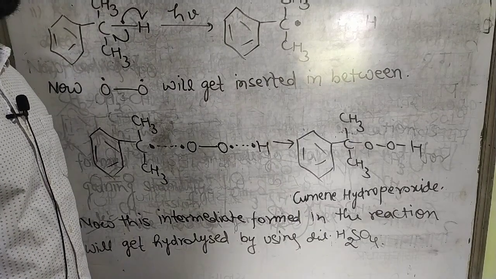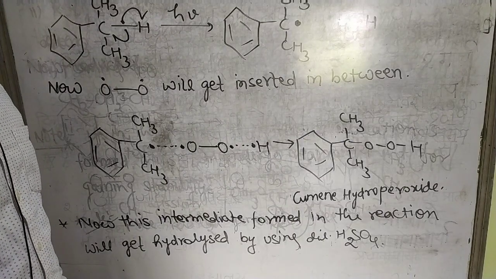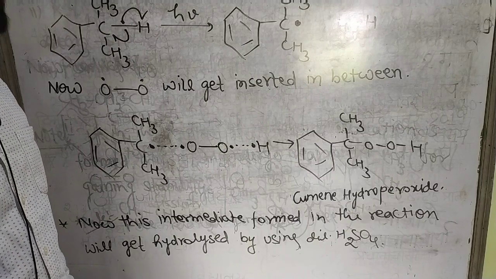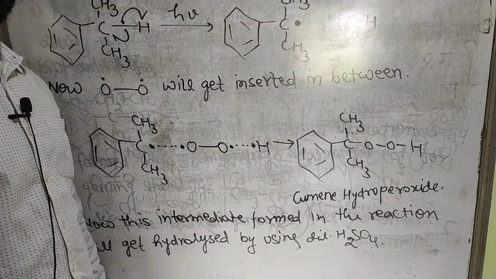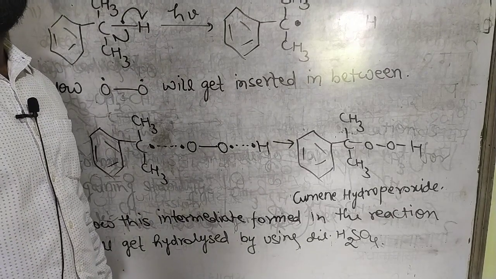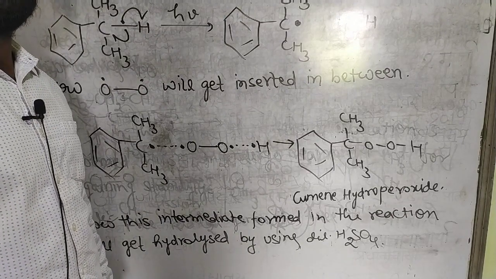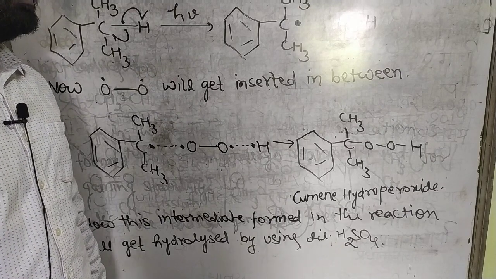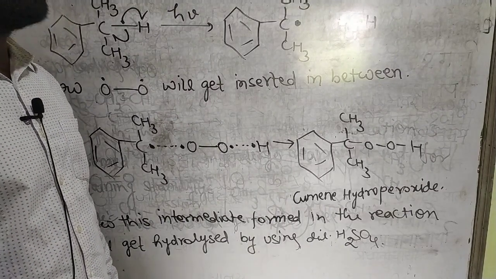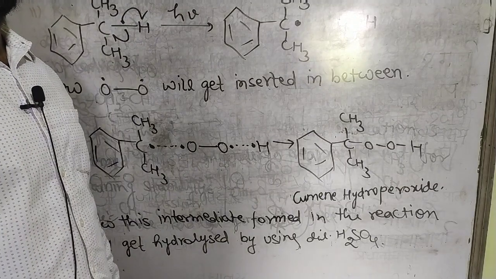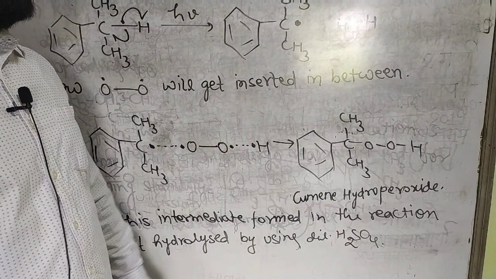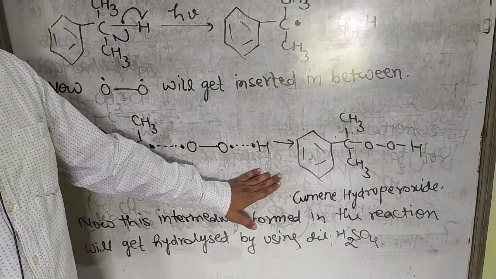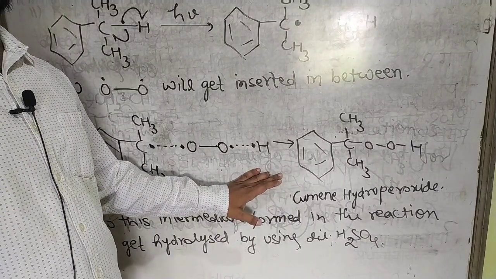You have to notice that there are rings formed in the compounds. At least 3 members are needed for the formation of a ring. There can be a 3 membered ring, 4, 5, 6 membered ring, 7 membered ring, and increasing like that. But the 6 membered ring is the most stable ring.